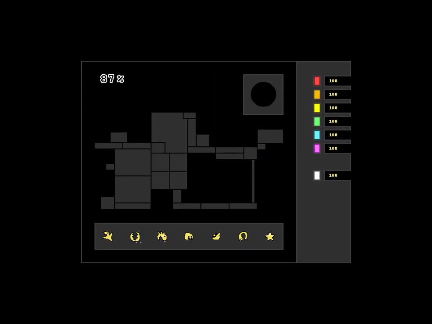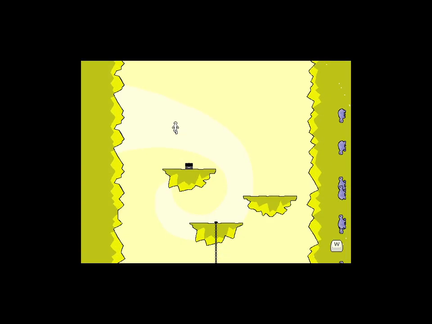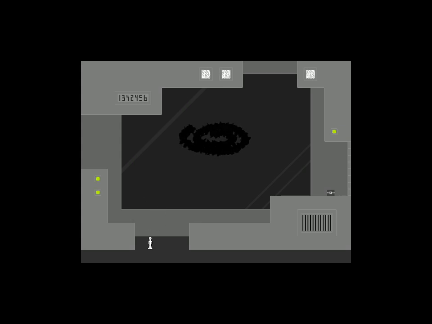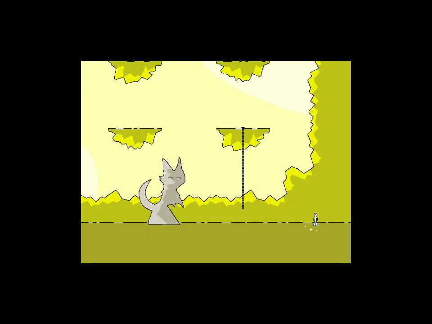What does that achieve? And you see, I'm still only at 87% completion. Hold on, let me write those numbers down. 1, 3, oh, come on, pen, right. 1, 3, 4, 2, 4, 5, 6. Okay. There's numbers at the top left. Okay, so... Oh, wow. Okay, so I can warp...